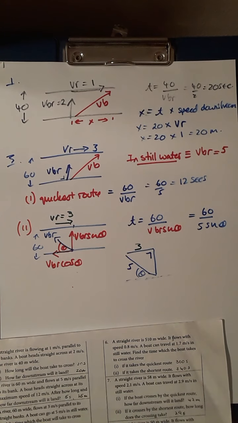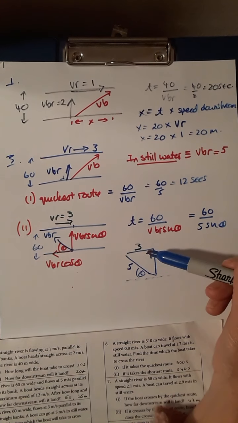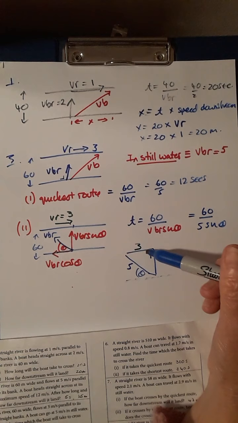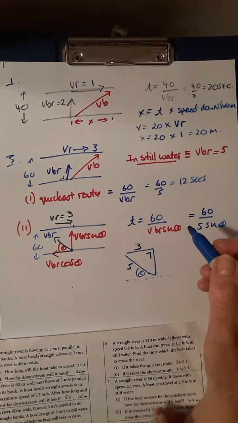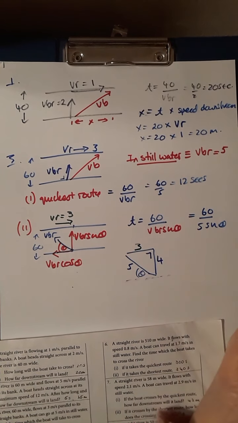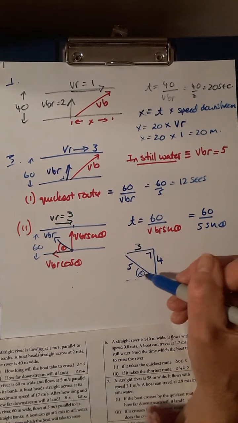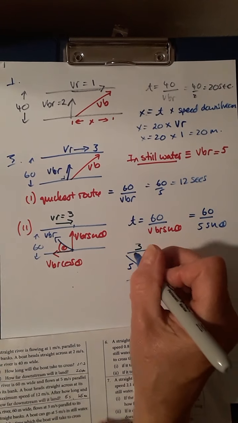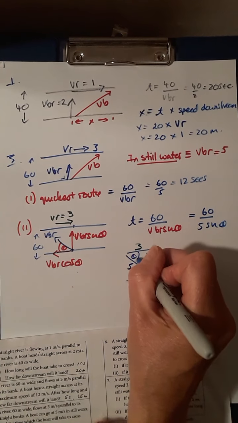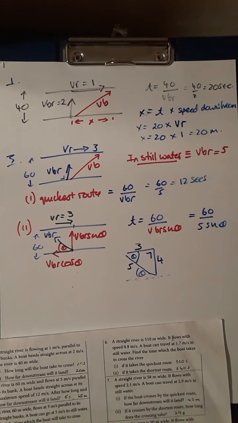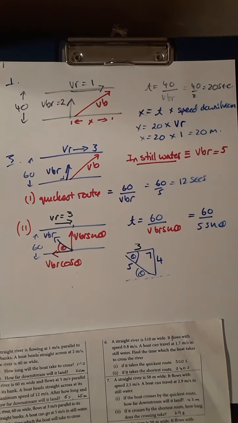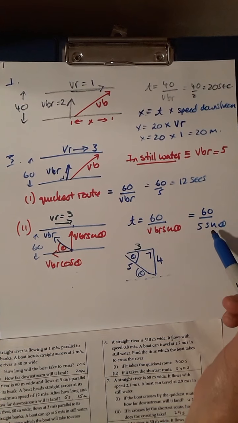And if I use my ratios, I can use Pythagoras here, and so the square on the hypotenuse is the sum of the square on the other two sides. That means this has to be 4. So the sine of theta, by the alternate rule, I could get that theta in here. Okay, so the cos of theta is 3/5, the sine of theta is 4/5, and I'm after the sine of